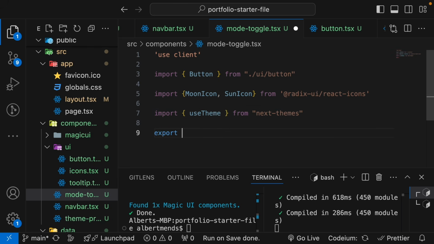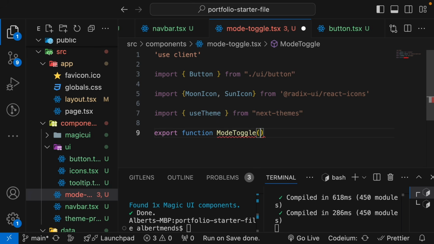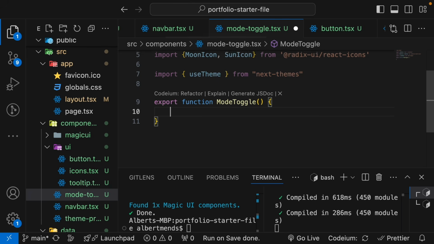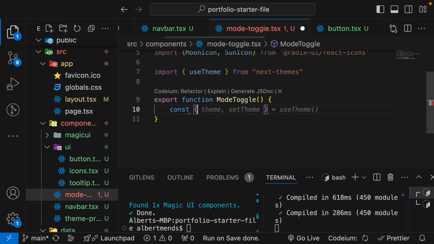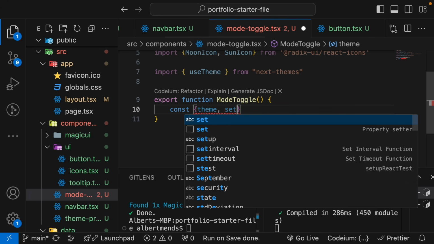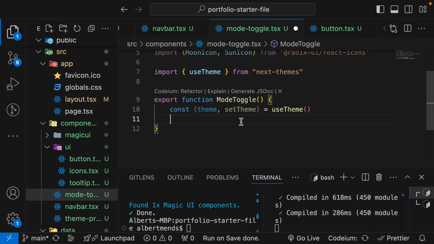So we export the function ModeToggle, and here we are going to use the useTheme hook to get the current theme and setTheme function to change the theme. So we have const theme and setTheme, which is useTheme, from this useTheme hook,